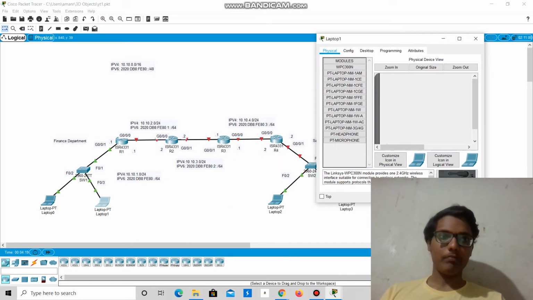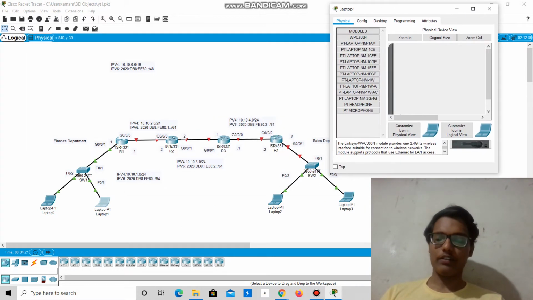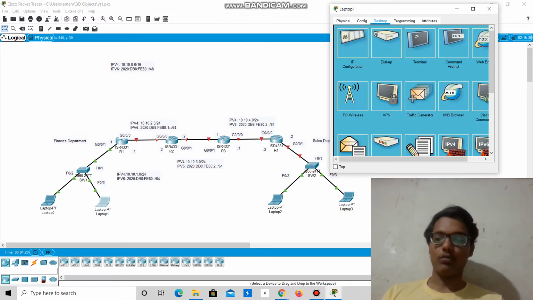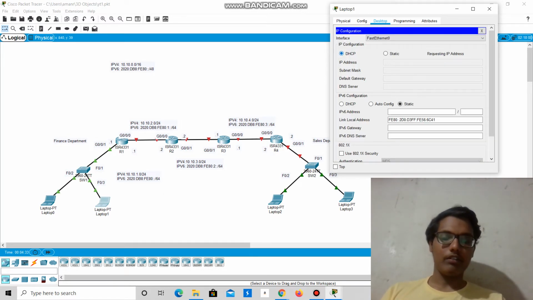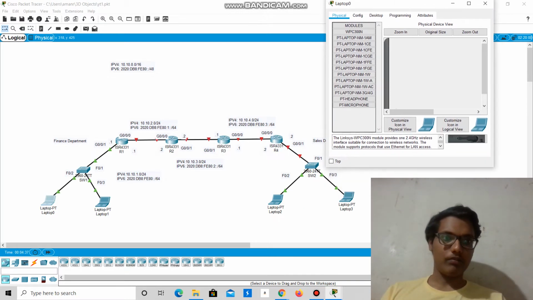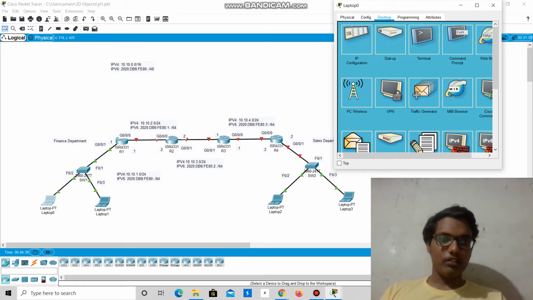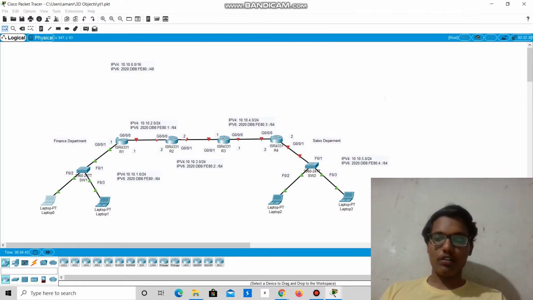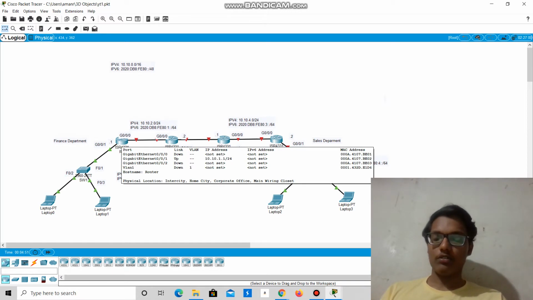We will not assign the IP address manually to the hosts, because in an office you are going to have a large number of hosts, so it's not possible to go manually and assign them IP addresses. So we will use a DHCP server. We will enable that configuration here. The host will request an IP address from the DHCP server. We could also attach an external DHCP server here, but since there are only two interfaces available in this router, it's not possible.